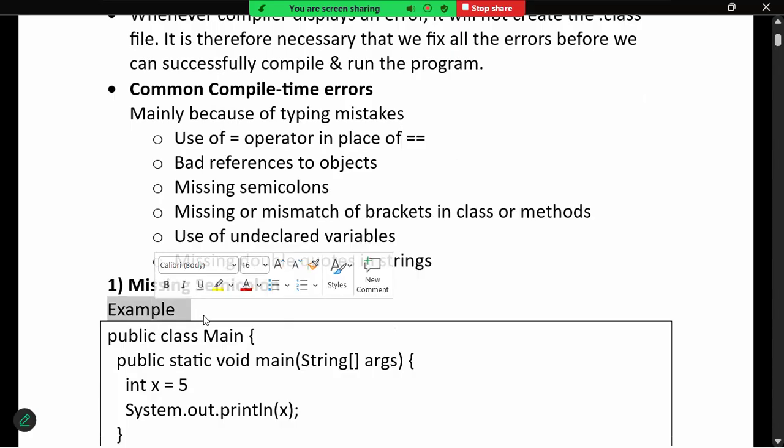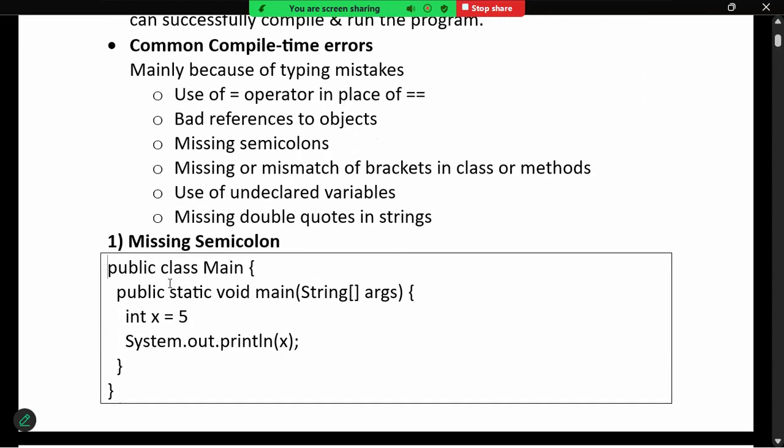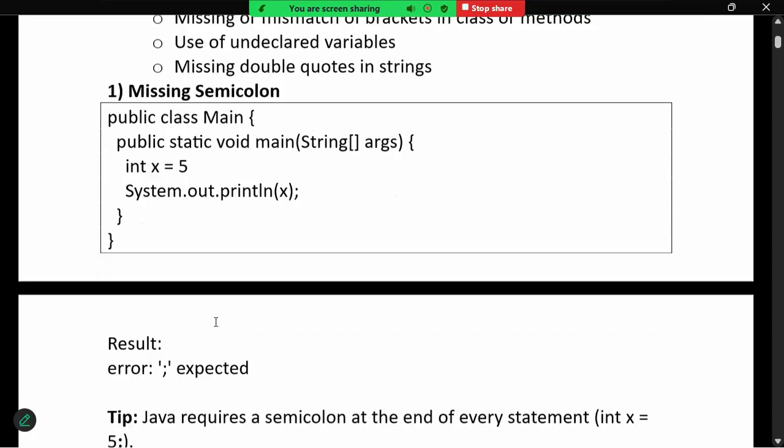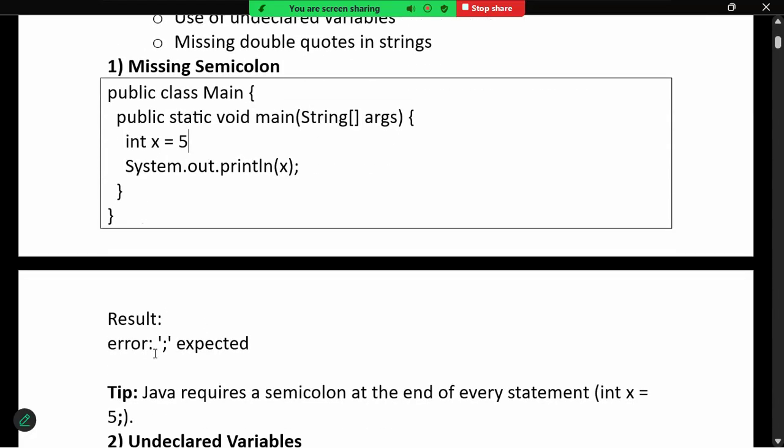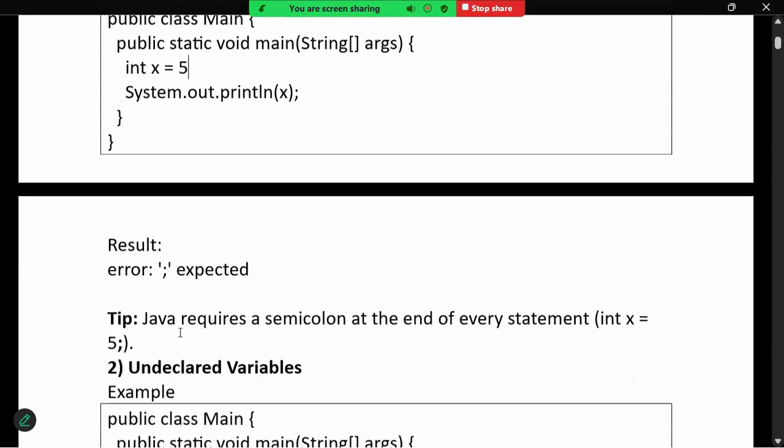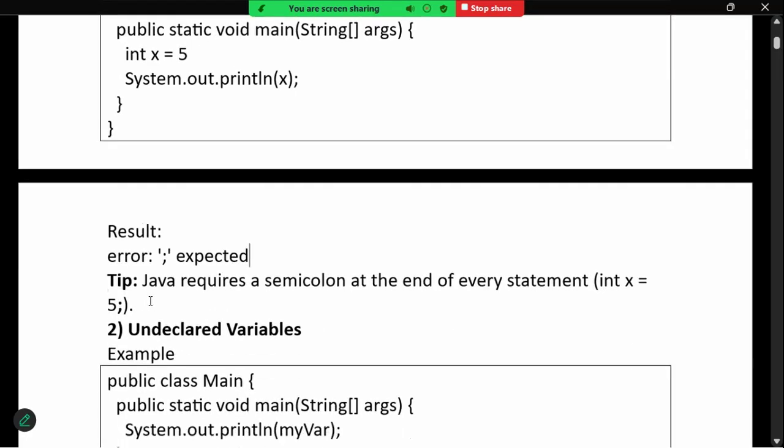Example, missing semicolon. Public class Main, public static void main, int x = 5, System.out.println. Here I forgot the semicolon, so it is giving the error "semicolon expected". Tip: Java requires a semicolon at the end of every statement, int x = 5;